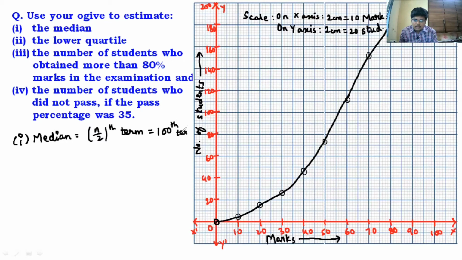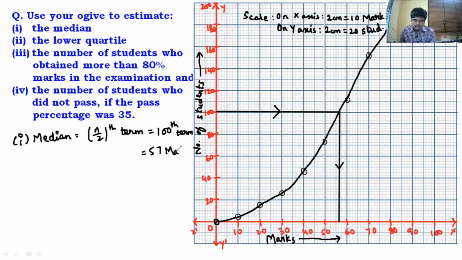So guys, for the 100th term, you have to take a scale, you have to take a pencil. Now you can use a scale. You have to start from 100 on the y-axis. On the y-axis, you take 100, you make a straight line towards the ogive, and from the ogive, you have to drop a perpendicular, something like this. And this, guys, you have to show the arrow marks also. And this is the answer. This number is the answer. So here I am getting the median is 57